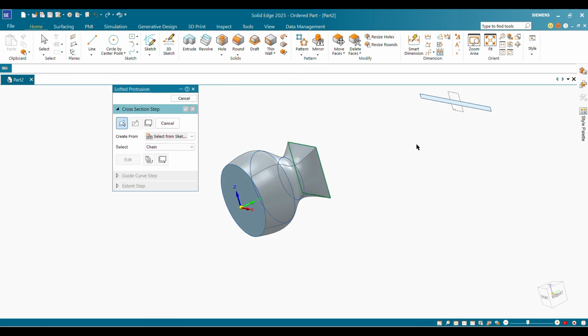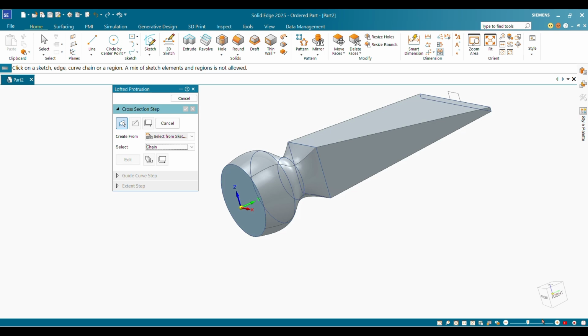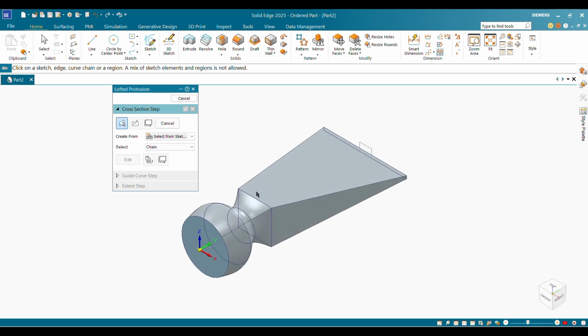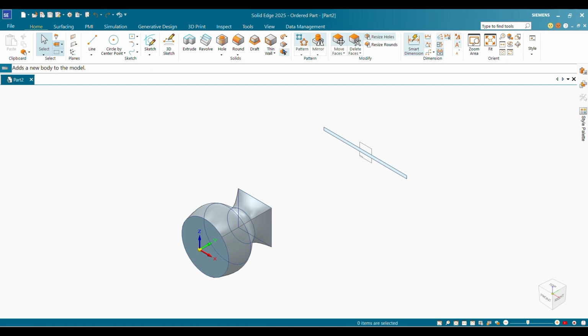Now I will select this plane with this. Again click on preview. Our part is now created. If I need to add a twist, what I will do, I will click on this loft command,